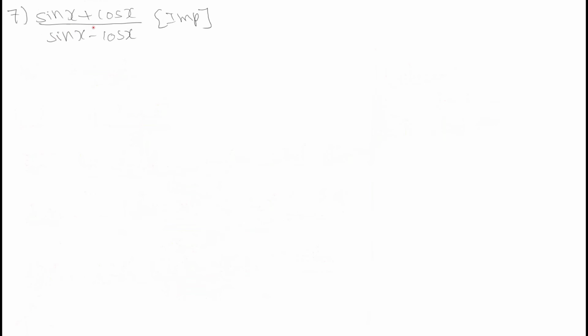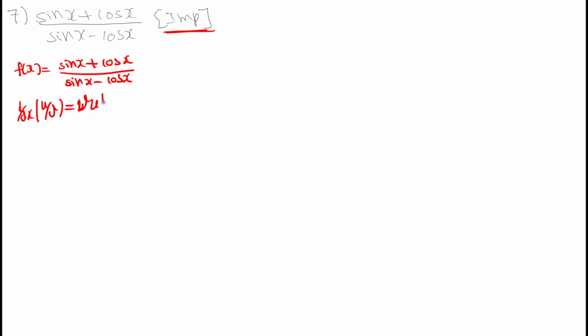Next question is sin x plus cos x by sin x minus cos x. Very important question once again. See, f of x is equal to sin x plus cos x divided by sin x minus cos x. So d by dx of u by v is equal to v into u dash minus u into v dash divided by v square. Okay, v into u dash, that is denominator into derivative of the numerator, minus numerator into derivative of the